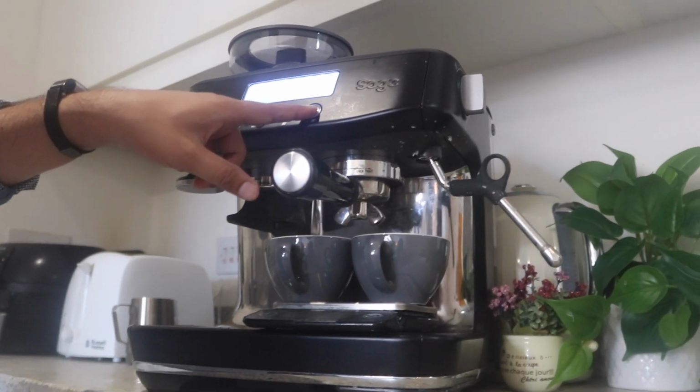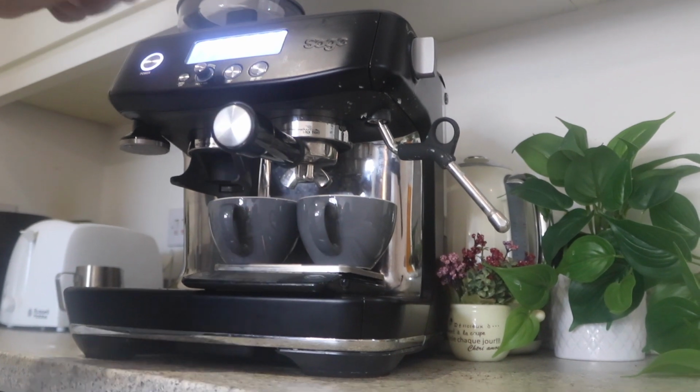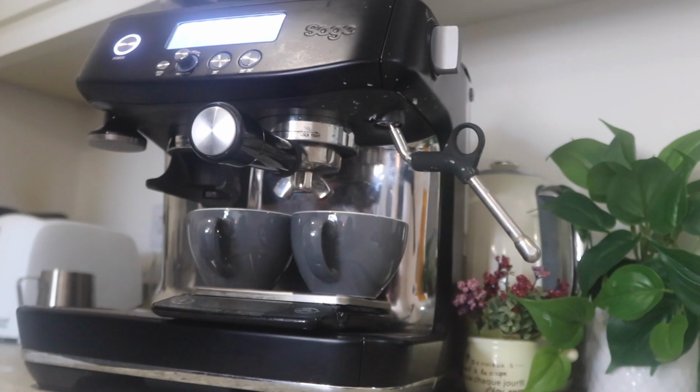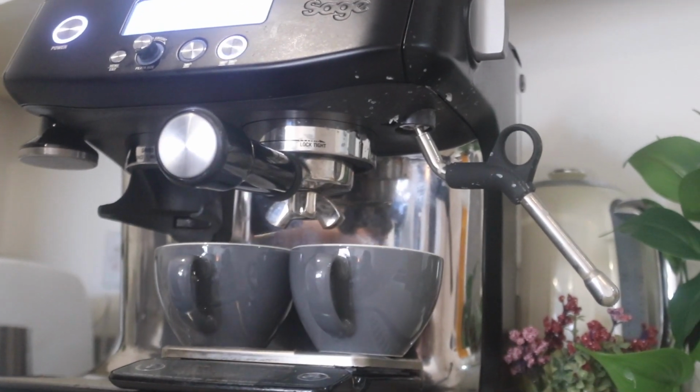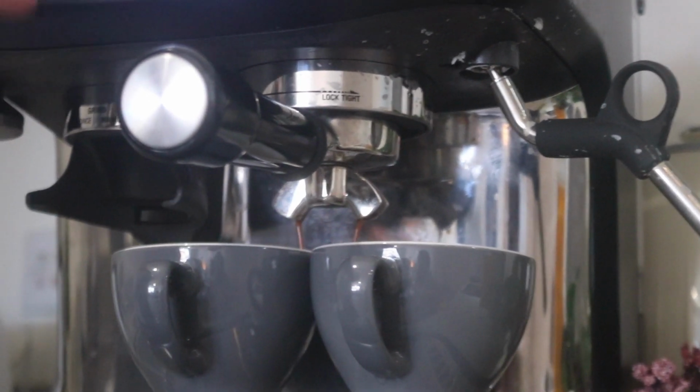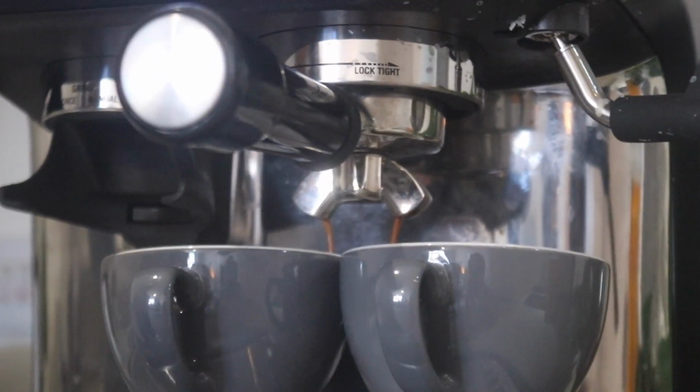Coffee button, and that's it. Now as you can see, it's a pre-infusion start. First 6-7 seconds it just does the infusion, and then it will start pouring the coffee nicely. As we can see, it's a really nice coffee. If we close up the